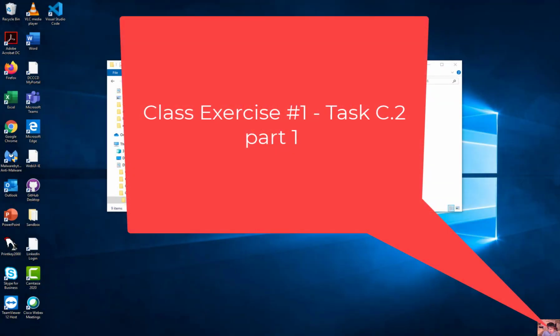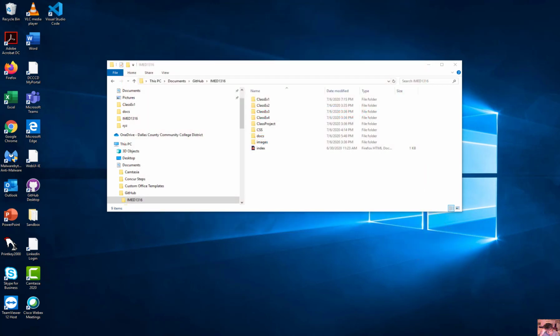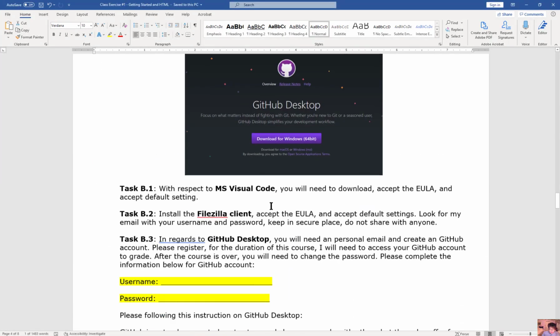This is class exercise number 1. The one I am focusing on right now is task C. This is this part right here. I want to walk you through in a video, to show you,